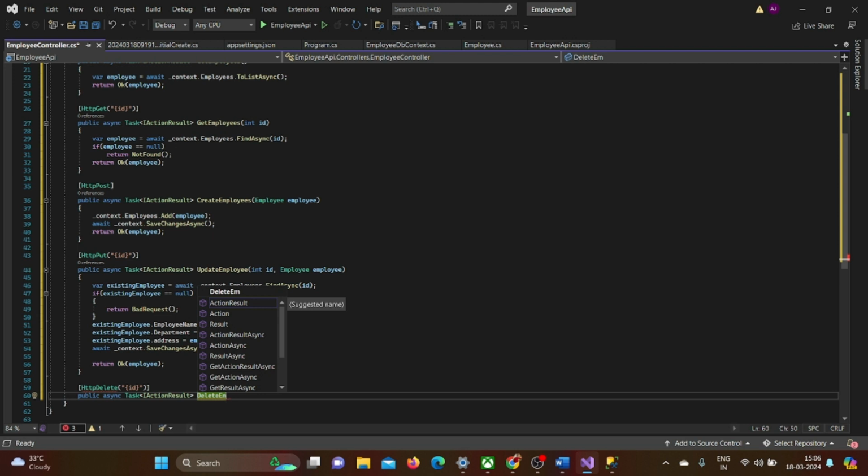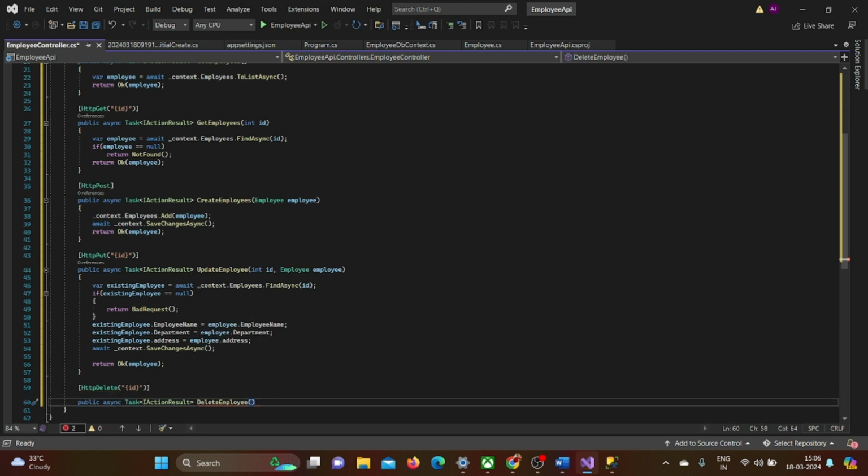In delete employee we will pass our ID which will be of integer type,